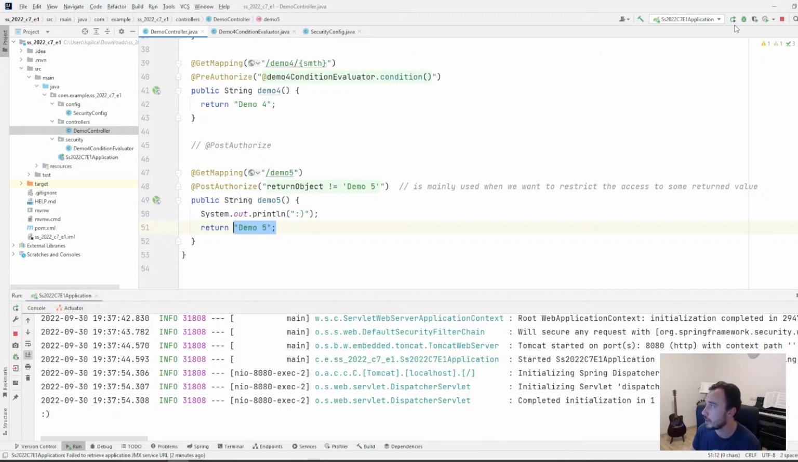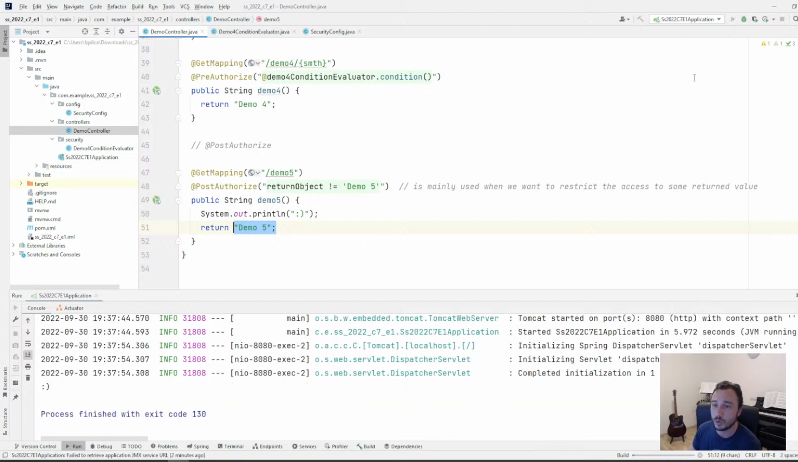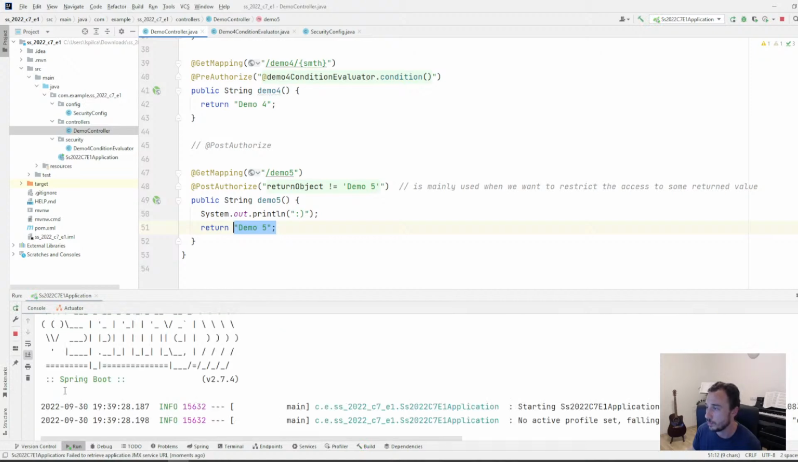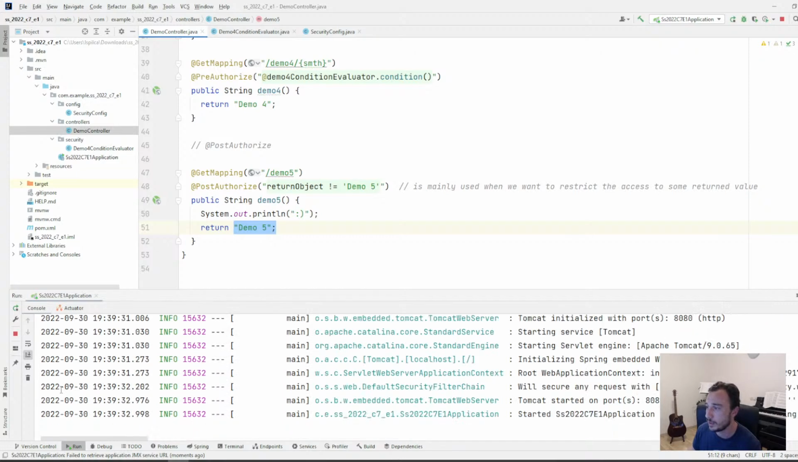So I'm restarting now the application. I will call the endpoint. We will see the 403, but we will see also the smiley face, meaning that the method executed. So post-authorized, it's very important to remember, doesn't restrict the access to the method. After the method executed, it restricts the access to the returned value